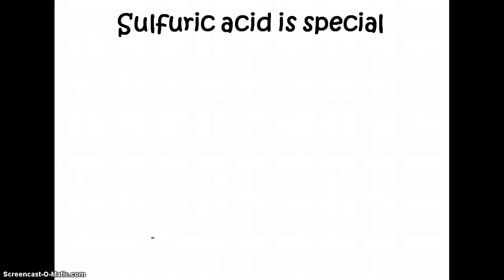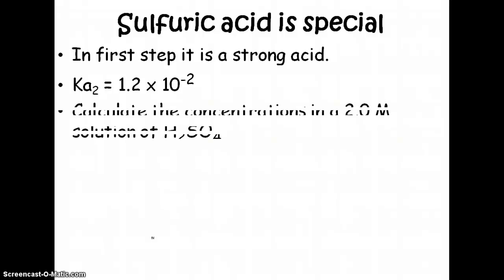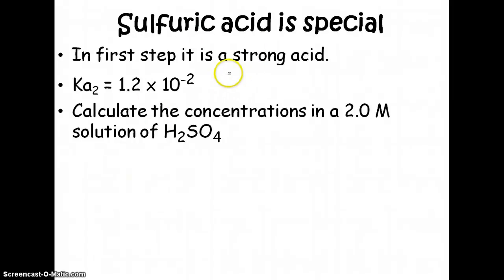All right, now sulfuric acid is a special polyprotic acid because in the first step, it's a strong acid. The second step has a Ka of 1.2 times 10 to the negative second. So when you're looking at these, you're going to have to first talk about the first step and then look at the second step. So if you were to calculate all the concentrations in a 2 molar solution of H2SO4,